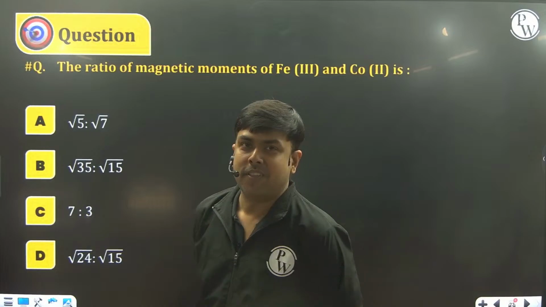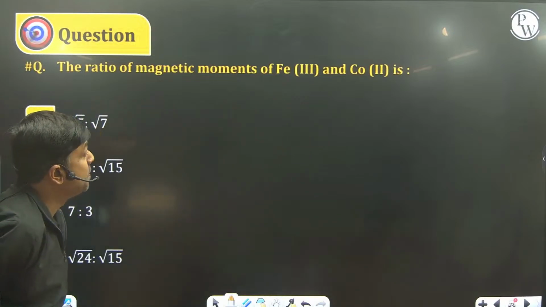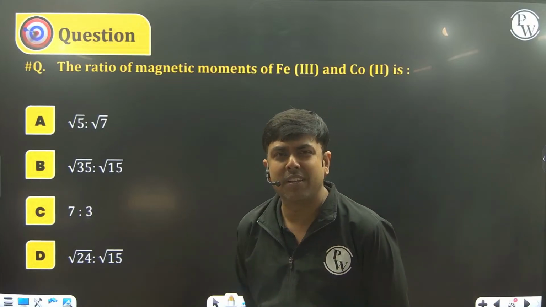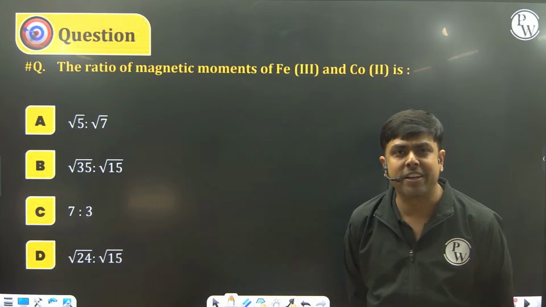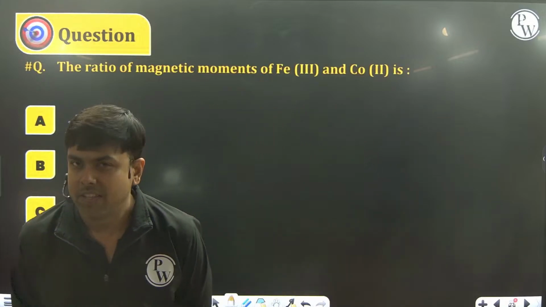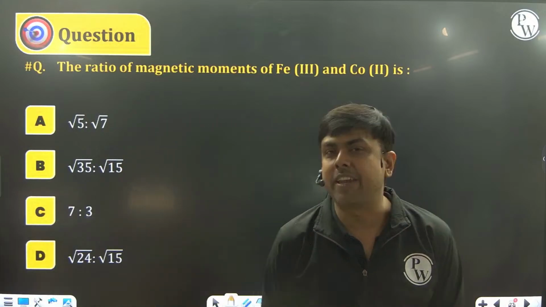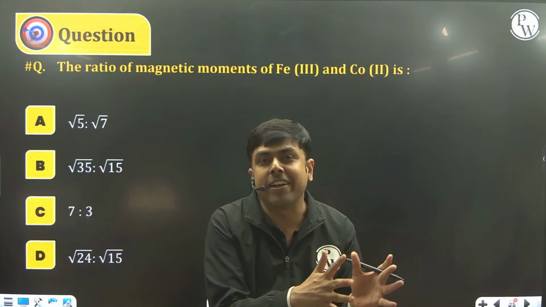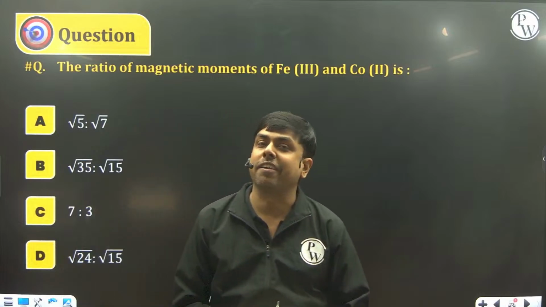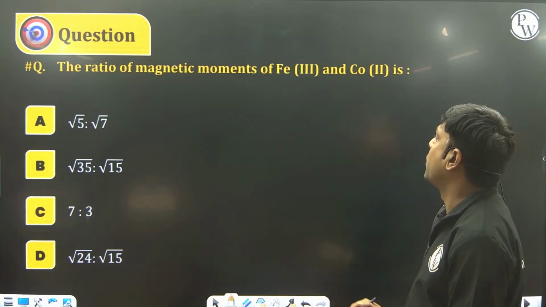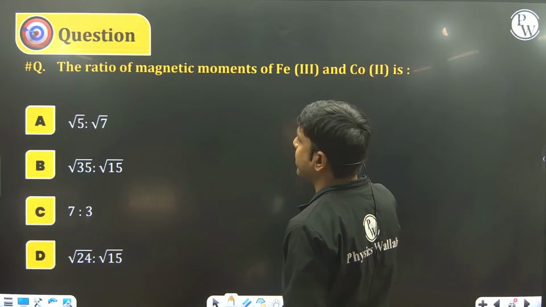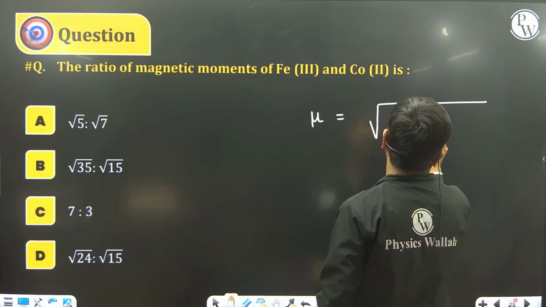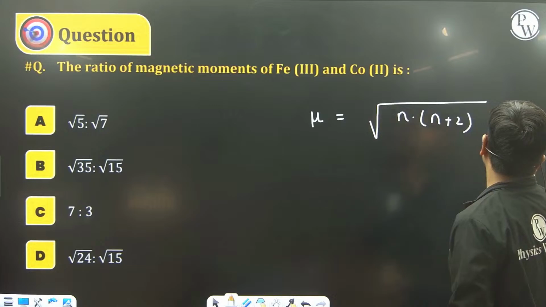Now, the next question is related to magnetic moment. Do you remember what this term magnetic moment means? Somewhere you might have studied it in atomic structure or the periodic table. Through this, we tell the magnetic behavior of any substance, whether it's paramagnetic or diamagnetic, will be attracted in a magnetic field or repelled in a magnetic field, right? So what's the formula for this? It is represented by the symbol mu. This mu equals under root of n into n plus 2 Bohr magneton.